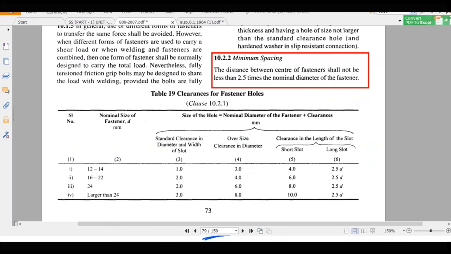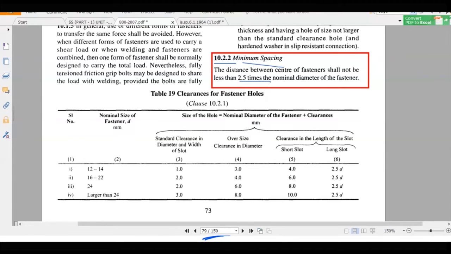Let me show you that. This is from clause 10.2. The minimum spacing between the center of the bolt to the center of the adjacent bolt: the distance between centers of fasteners shall not be less than 2.5 times the nominal diameter of the bolt.